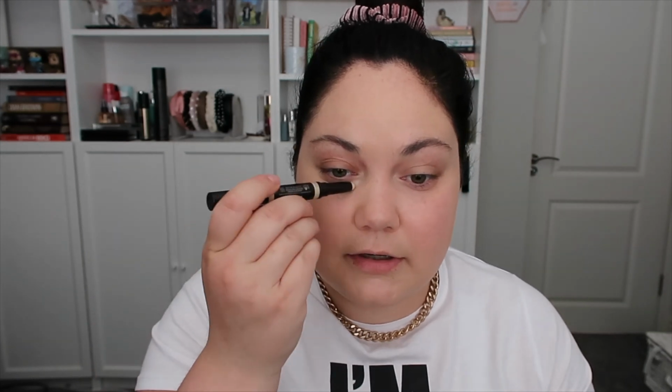Let's use it. So I have the corrector part down, and then I'm going to use the coverage. This has a really nice blend to it, like super easy blend. A really annoying spot there on my cheek that just won't be covered. Refusing coverage. We'll get there eventually. Around my nose, again the same technique to blend. I just bounce. I don't want to move any product around,